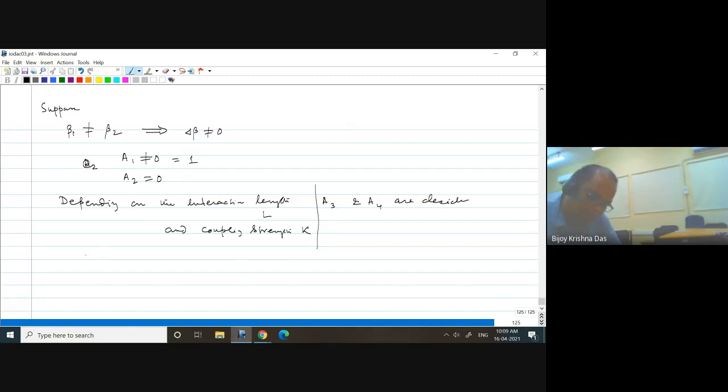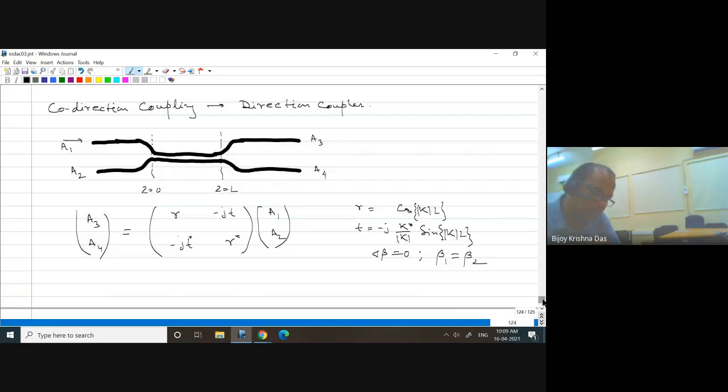So if I just try to see that I am launching here in the previous slide, this is equal to 0 I consider, and this is something I put some value not equal to 0, right? Now I have something will be there in the so-called bar port, and this will be called as a cross port of the directional coupler. Okay, so I am launching here, how much you are getting in the cross port.